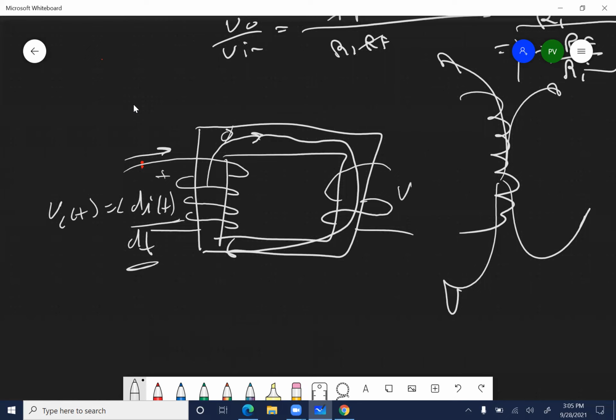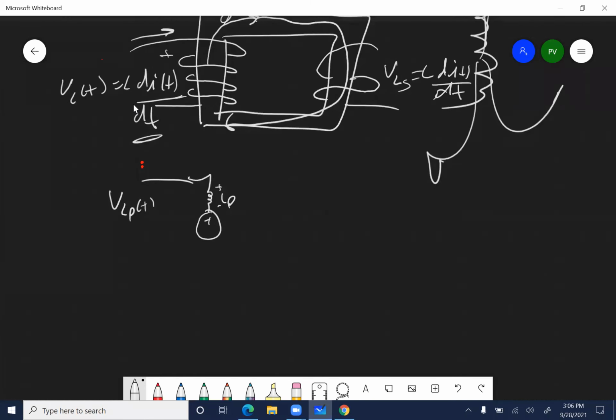But we're also going to generate a voltage on the secondary side, so I'll call this VLS, which is also equal to that changing current that's through here. And what they do is magnetically, you have a circuit that has a voltage here. So this, we'll call this primary. This is because of the LP. And we also have something because you have some mutual inductance between there. So this is a transformer